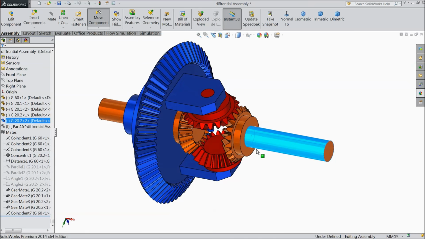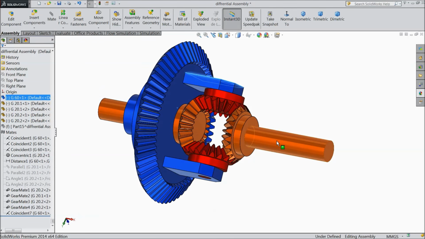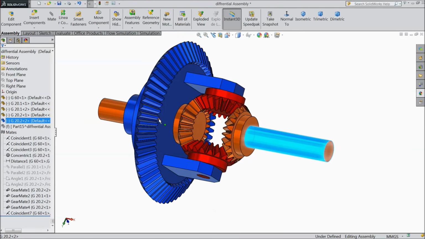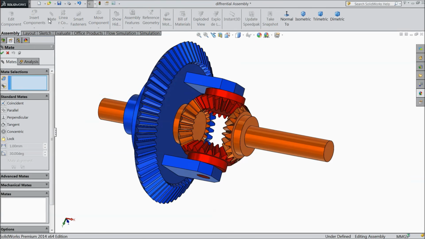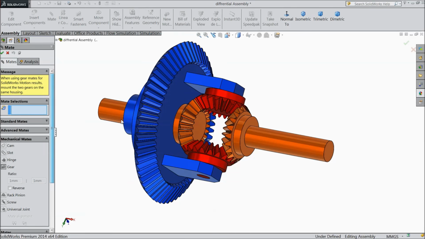Now here you can see this rotating. This is our differential and it is rotating. Now this is one wheel and this is another wheel. The drive shaft we still need to make. So first we will create some gear ratio between these two shafts, because while turning the vehicle, both the wheels have different rotation. So select mate, choose mechanical mate, gear. First select this shaft, then this shaft, and choose gear ratio